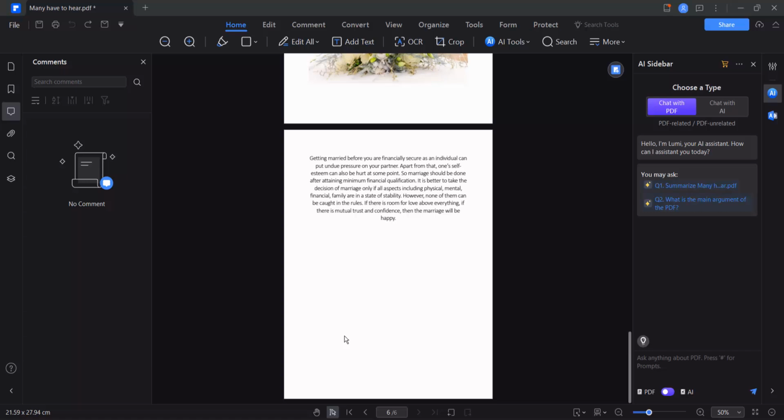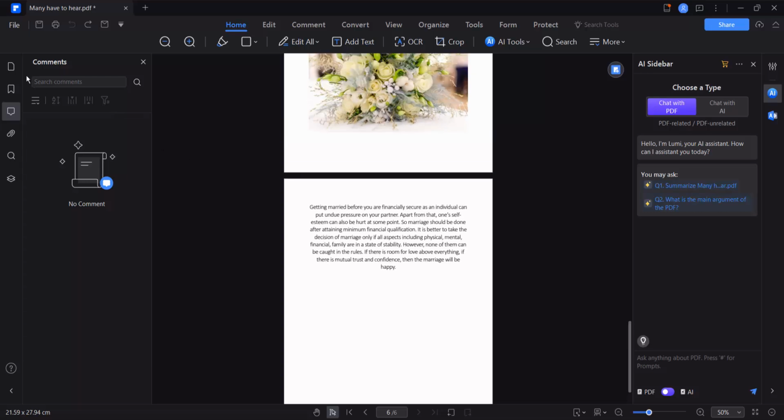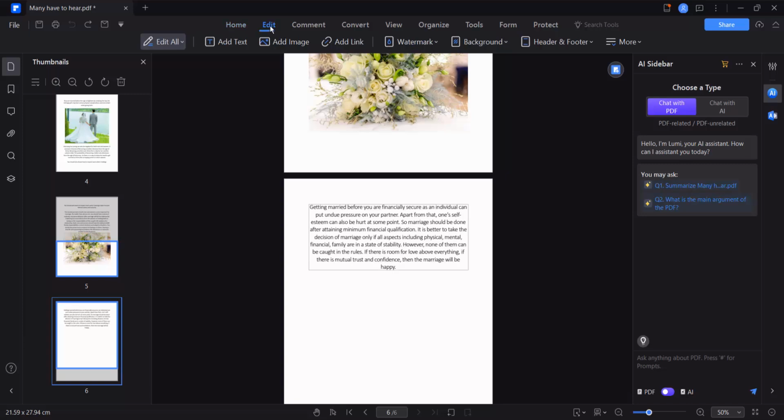Hello everyone, today I'll show you how to put multi-line tile watermark in a PDF file using PDF element. Open your PDF file. Now select edit option and select a watermark option and click on this add watermark option